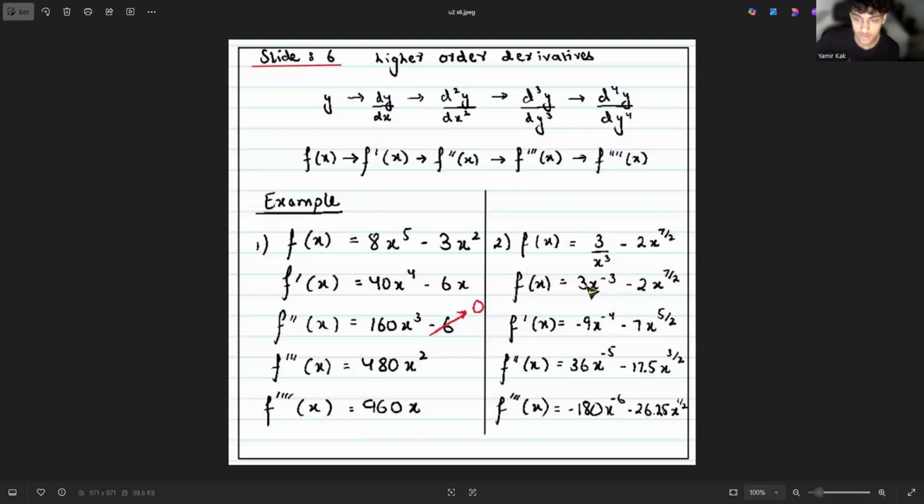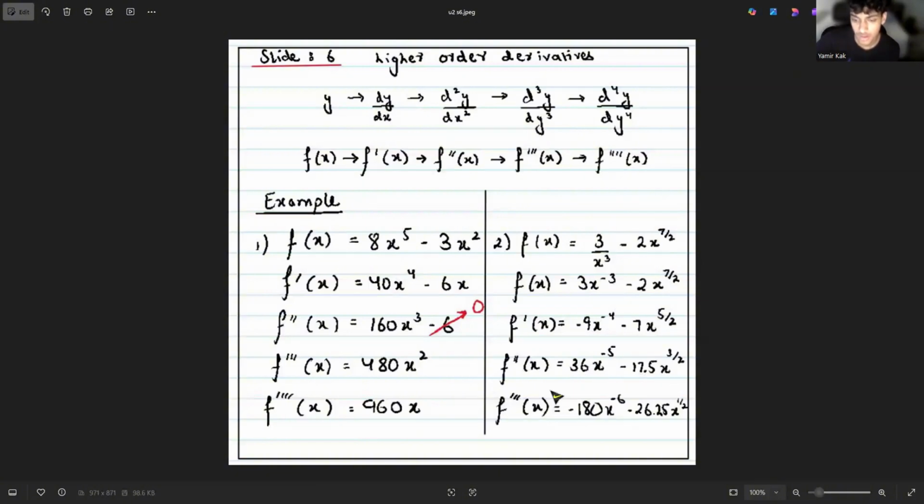So -3 times 3 is -9, and then -3 minus 1 is -4. Same thing, minus 7x. So then it would become 7 over 2 times -2, that's -7, and then 7 over 2 minus 1, that's 5 over 2. So then we have -7x to the power of 5 over 2. When we do the same thing, we would get 36x to the power of -5 minus 17.5x to the power